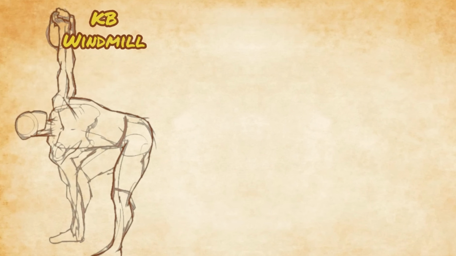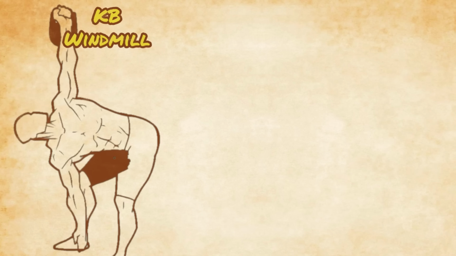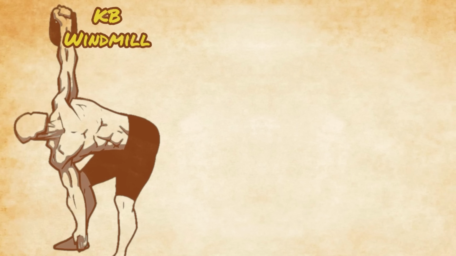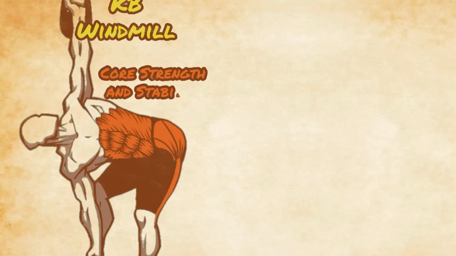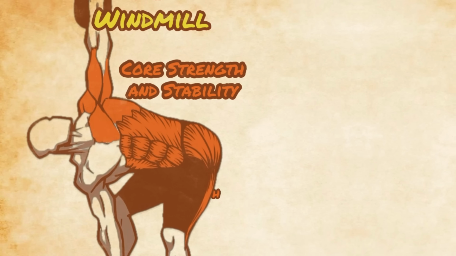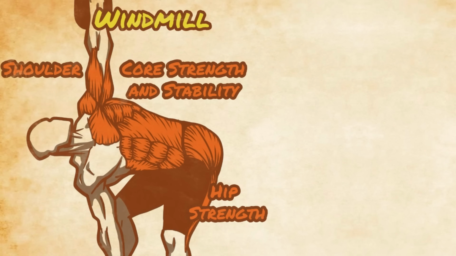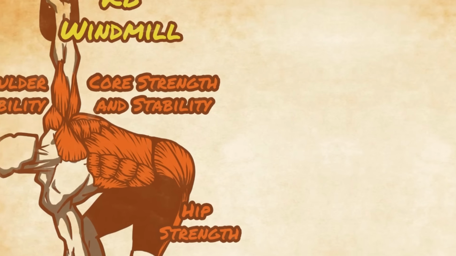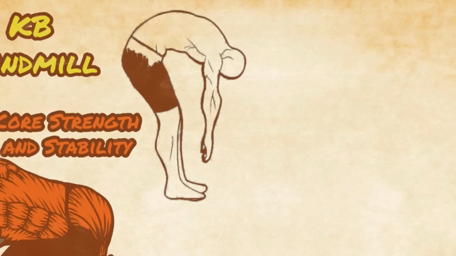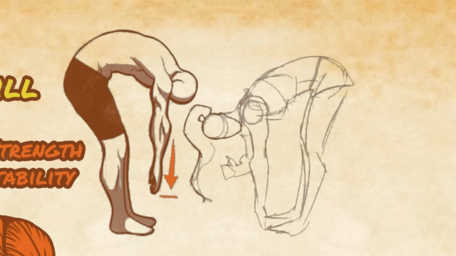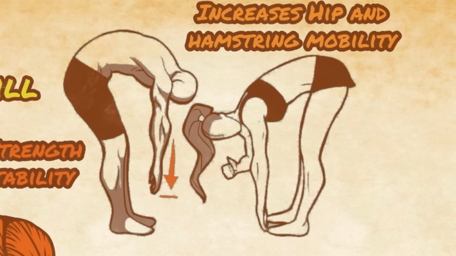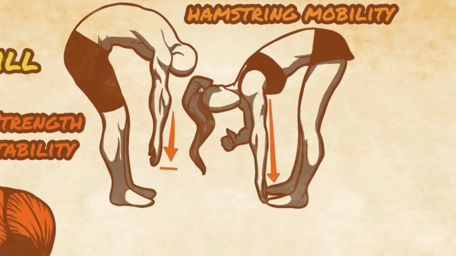The next kettlebell exercise we're going to go over is the kettlebell windmill. This exercise bumps up the complexity quite a bit. Not only will the core need to stabilize the spine and simultaneously produce movement, it will also have to coordinate its movement with that of the hips and the stabilization of the shoulders. The windmill not only increases the strength and functionality of the core, it is also a great mobility builder for the hips, hamstrings, calves, shoulders, and thoracic spine.